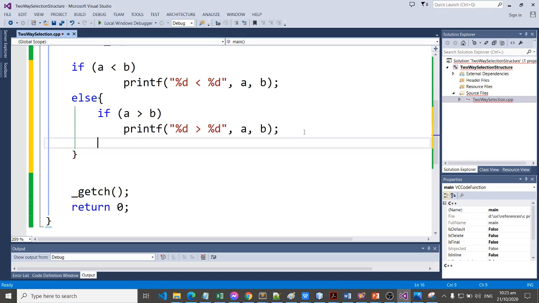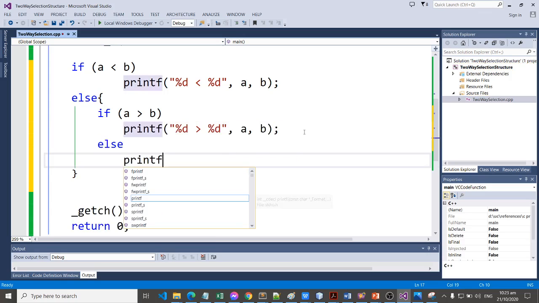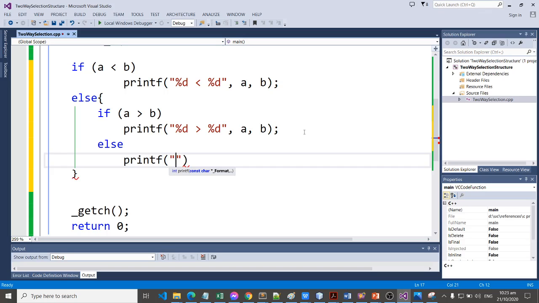Else, print f we have here, which is a is equal to b. So the values are coming from a and b. Now, this is just a complement of the previous example that we are done.